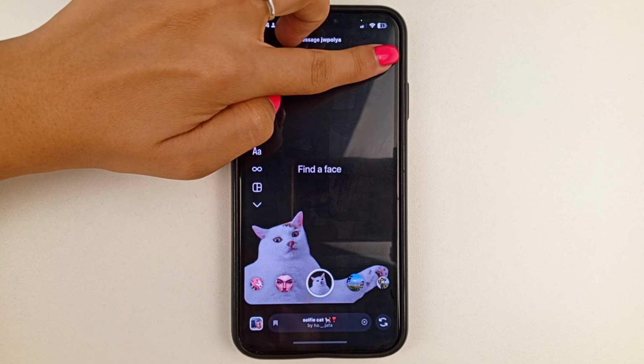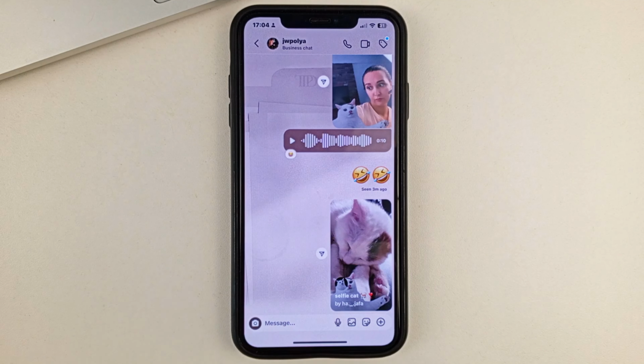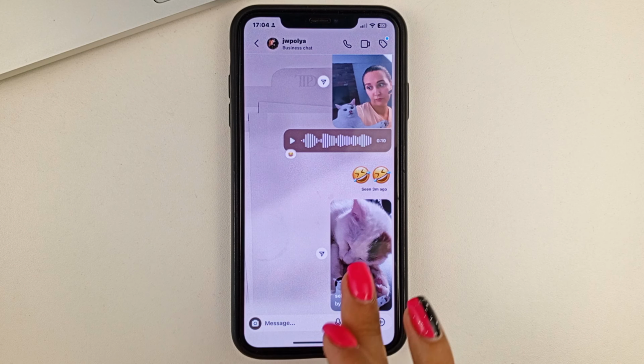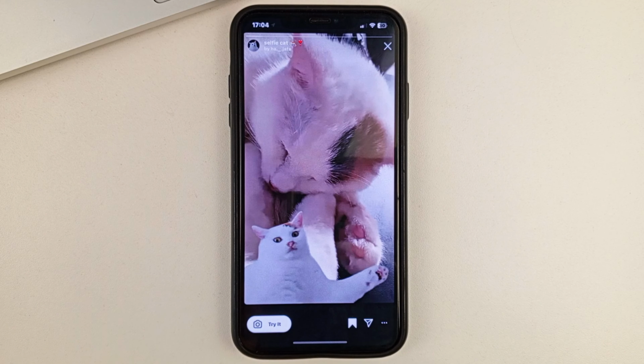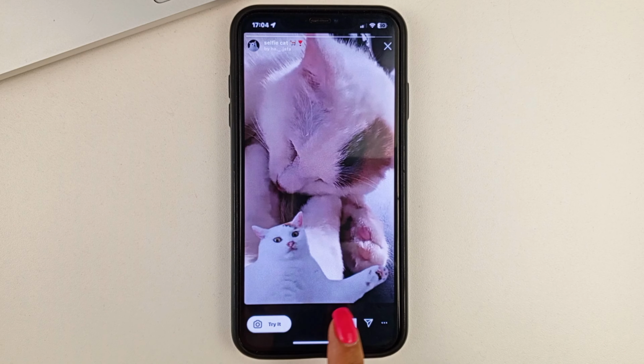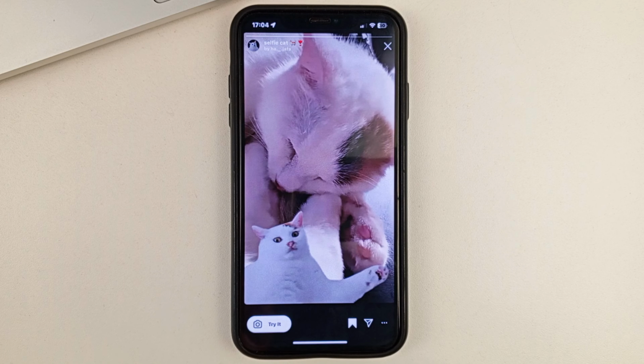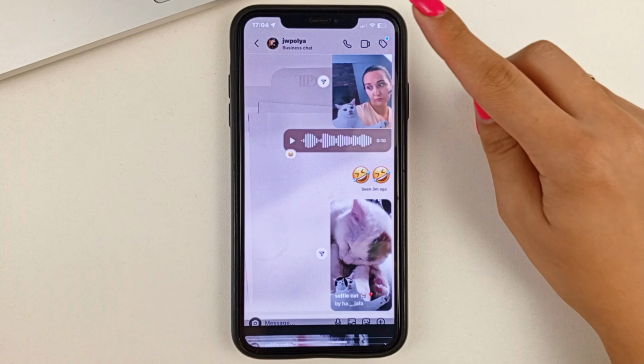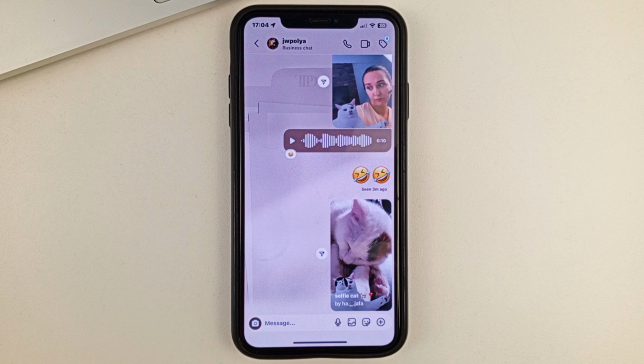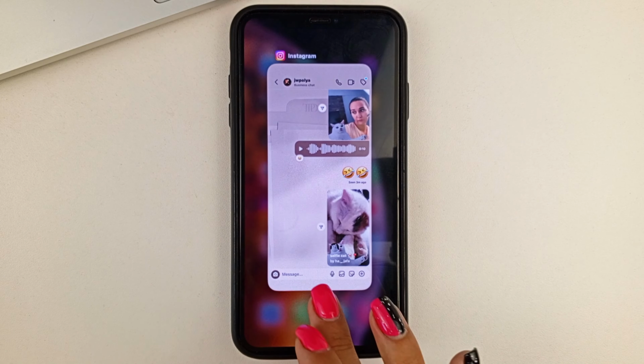And now friends, you can go back out and see that this effect has been sent to a person. And now he can go into that effect, that is, click on it, open it. And to add it, he's going to have to click on this checkbox right here. So friends, you'll be able to create collaborative, very interesting photos with the same Instagram effects.